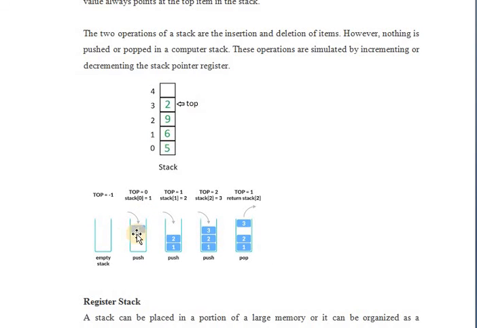So this is an empty stack. We have inserted one element, that is 1. Another element is inserted here, 2. Another element is inserted here, 3. So at stack 0, 1 is inserted; at stack 1, 2 is inserted; at stack 2, 3 is inserted. Now we are popping an element. Which element was entered last? 3 was entered last, so that is to be deleted. That is what we are saying, last in first out.